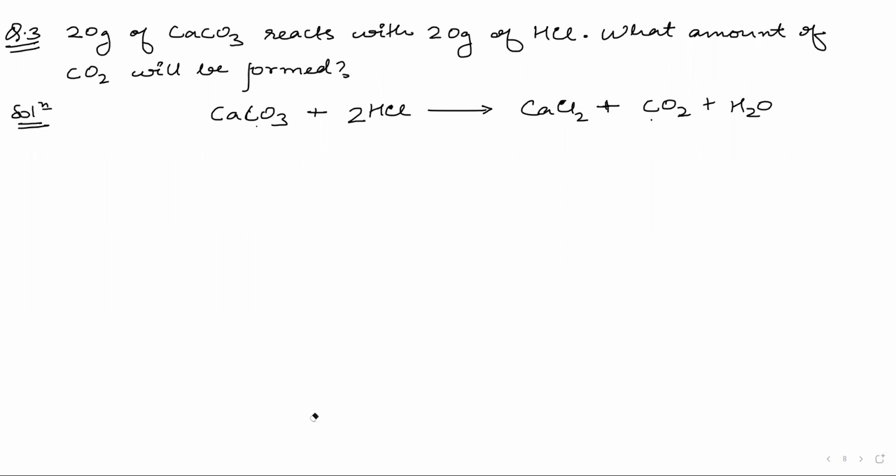The first step will be to find the moles, because the mass is given. So you will first find the moles of CaCO3 and HCl. Then you will write the need statements. From need statements, you will get the limiting reagent. Then you will write the form statement. From form statement, you will do this for CO2, not for anything else. Whatever the limiting reagent is, that much 1 mole of limiting reagent will form this much amount of CO2, then calculate it. Please start doing this.